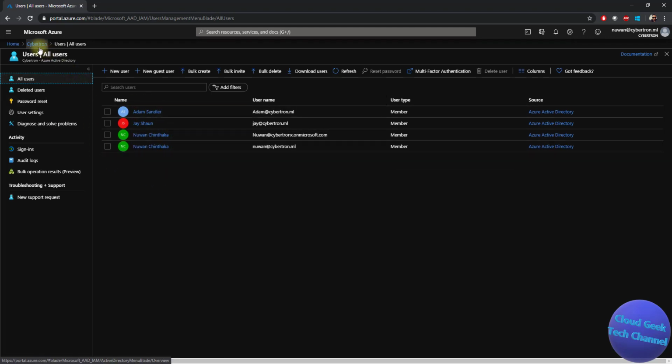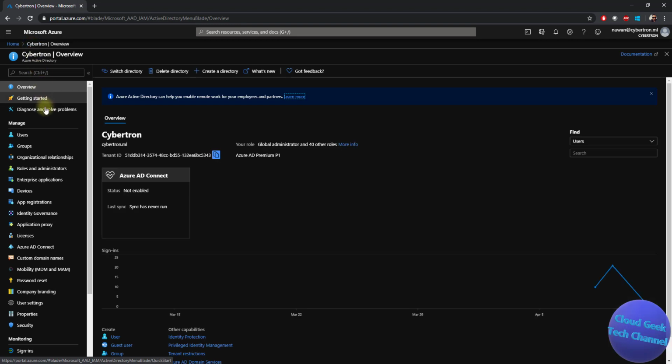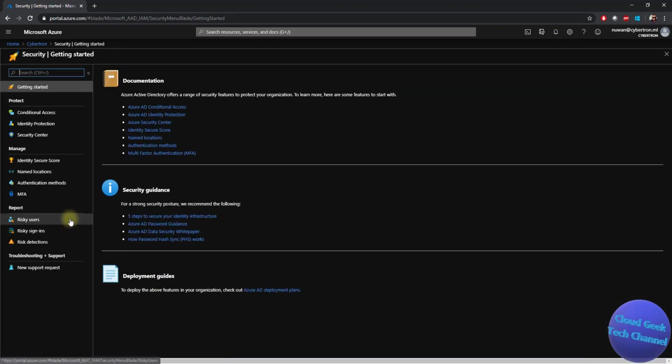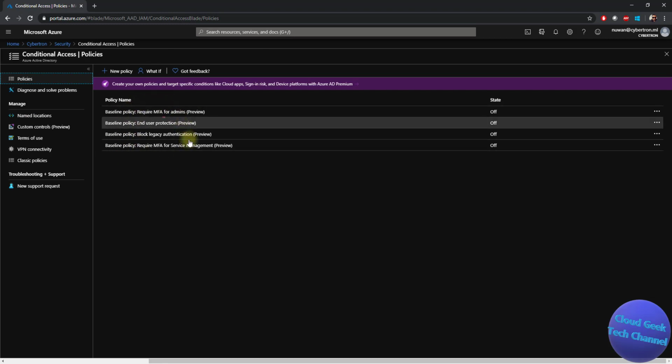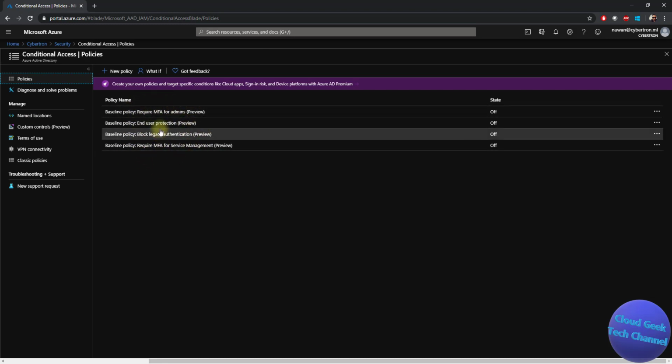I'm going to go back to my directory and select security. In security you can see there are a few options that you can apply. We are going to apply a conditional access policy today, so I'm going to select conditional access. In here you can see that there are already a few default configured policies, but today we are going to